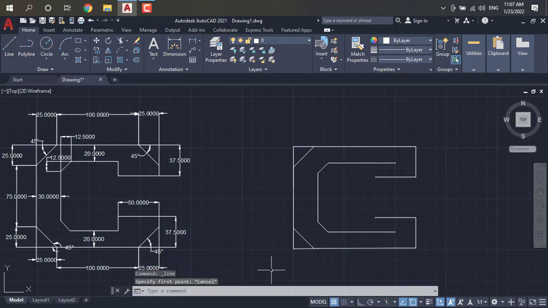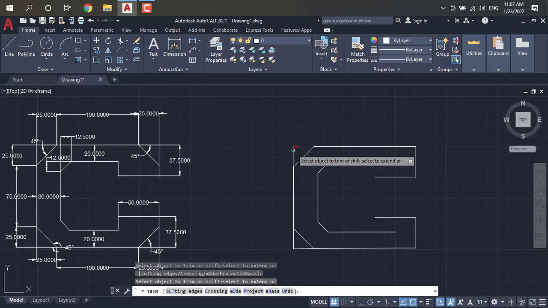Okay. Here also again you have to trim the extra lines. So almost our figure will be completed. Here you have to join the lines.